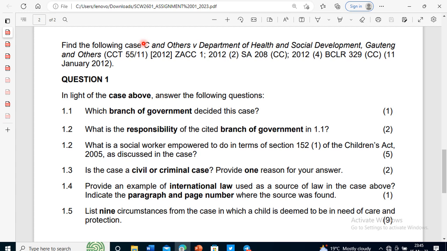Ratio, dicta, those are the remarks which were made by each judge. Most of the time it's going to be a judge or each judge, depending on how many judges were in that case. And then from that part, that's where we move to the judgment. If you read it that way, that's how you're going to understand the case.